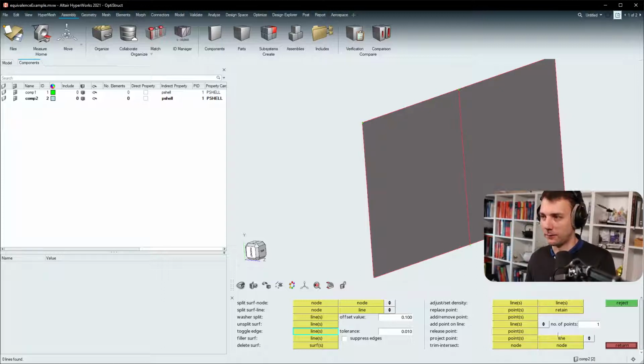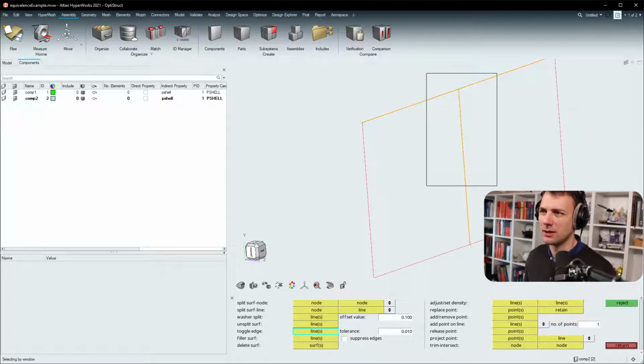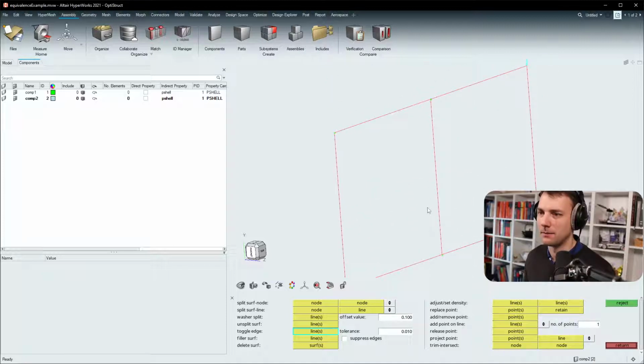Okay, let's quickly find that out together. So first thing I would suggest that is part of the style here. Let's just use wireframe so we don't have the surfaces in our way. Now I try to toggle edge again. So I can select those, but here it says 0 lines were found. Yeah, it's also okay. So selection process works like that, but